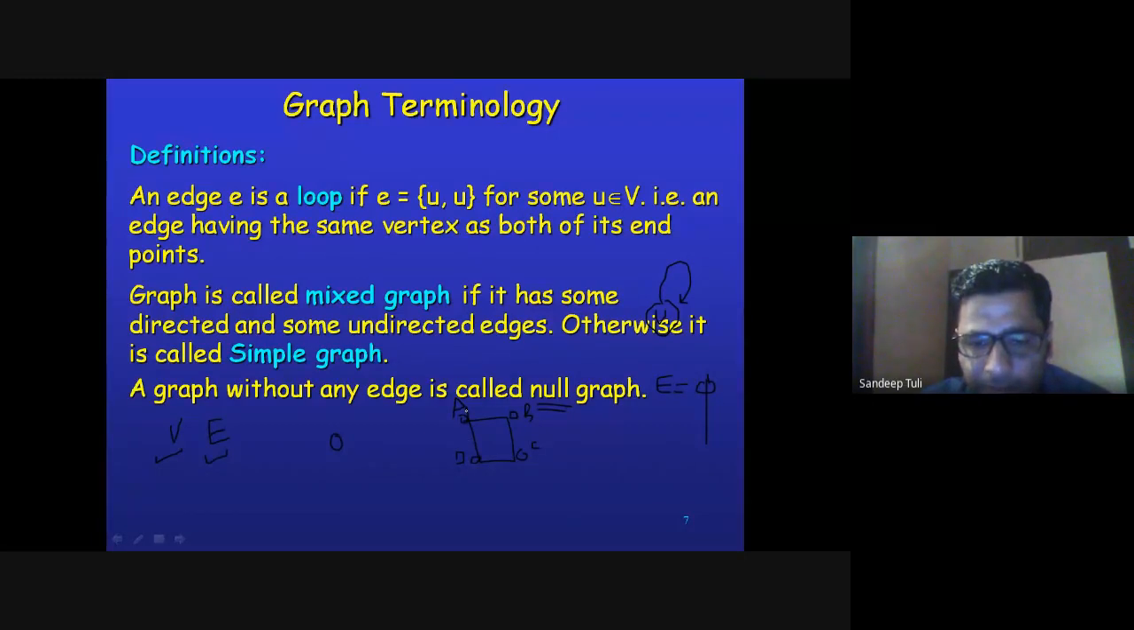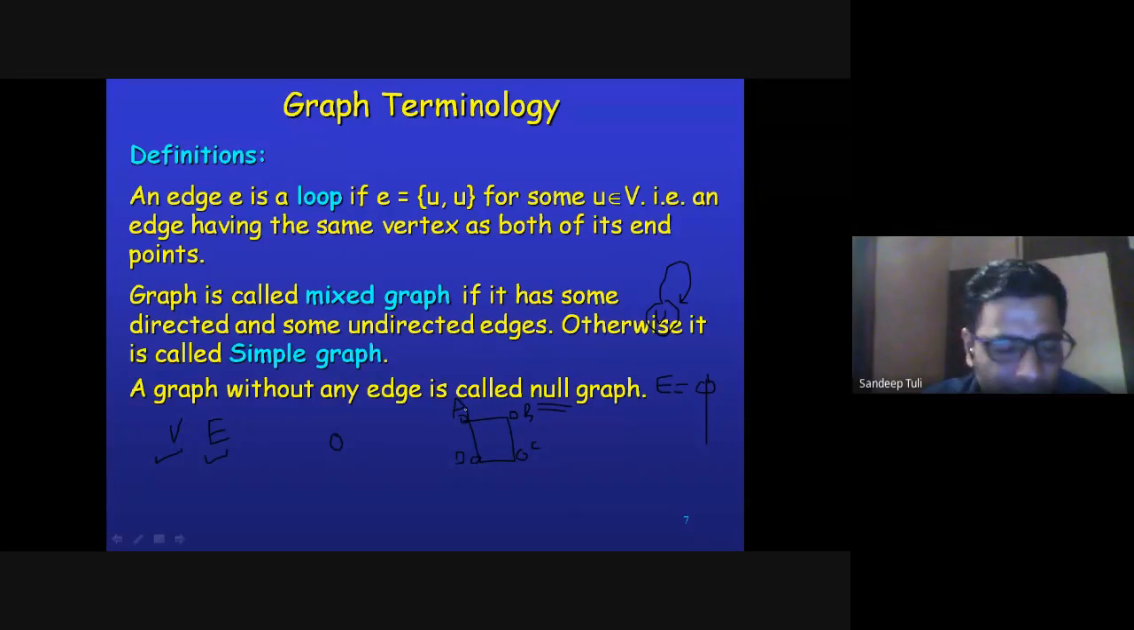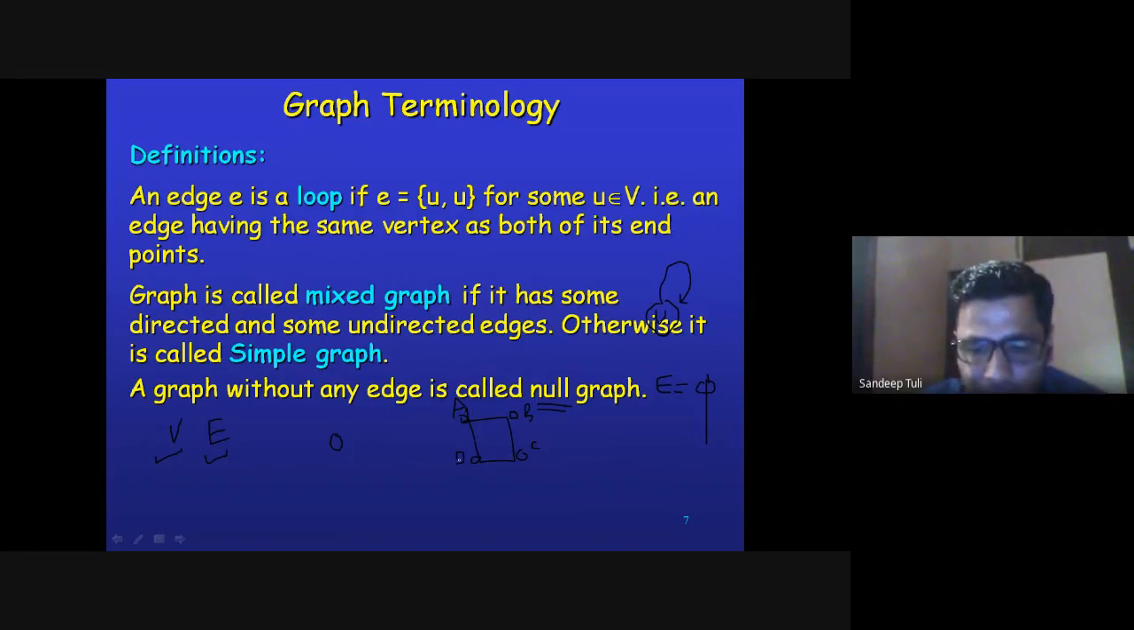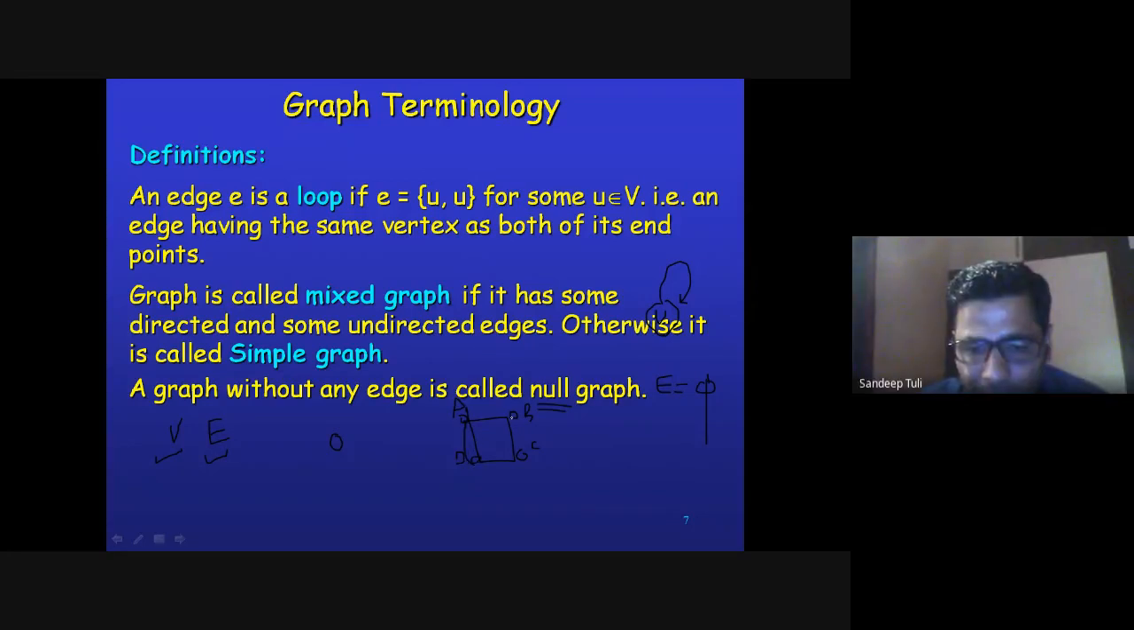How many vertices are there? Four. How many edges are there? Four. Is this directed or undirected? Undirected. Suppose I am having multiple edges between A and D, so 2 edges are there, or it may be 3 also. All these edges between the same pair of vertices are called parallel edges. What are parallel edges? If I draw multiple edges between the same pair of vertices, then those edges are called parallel edges,